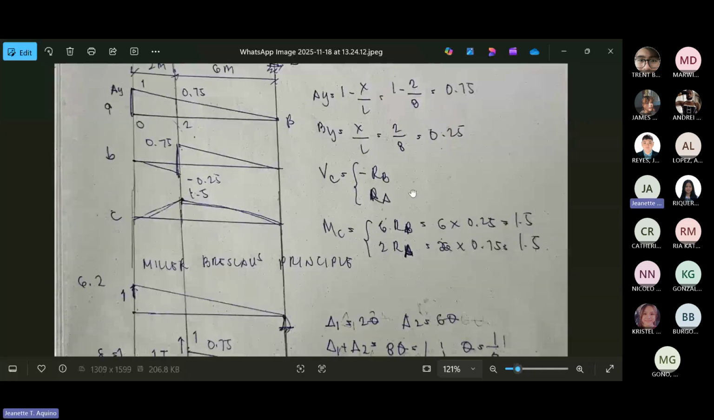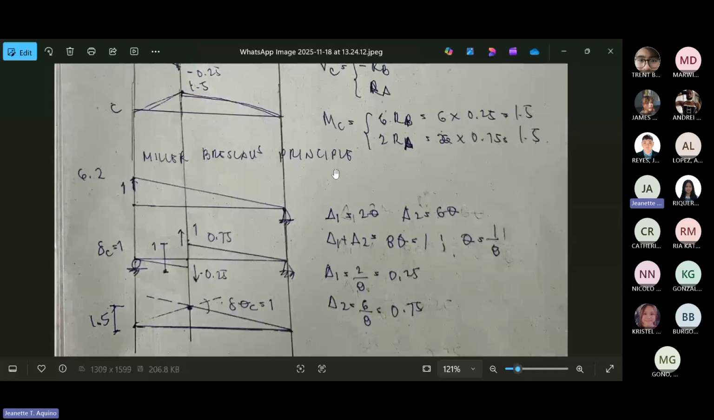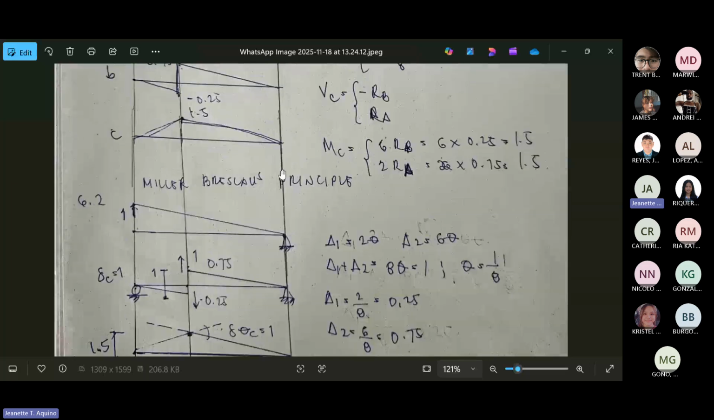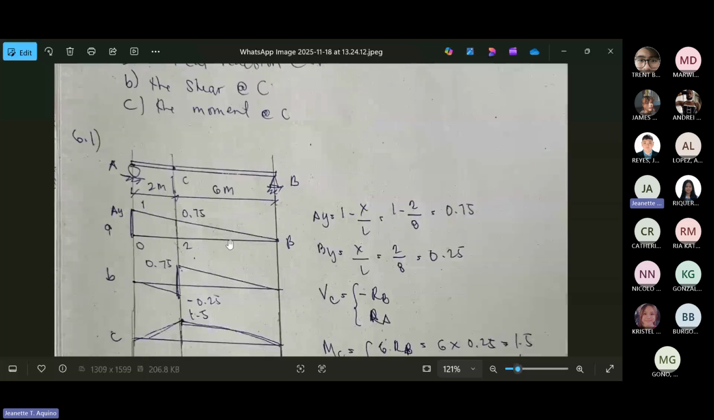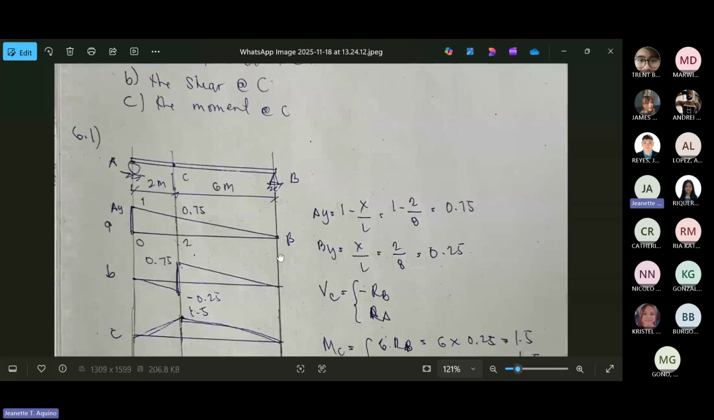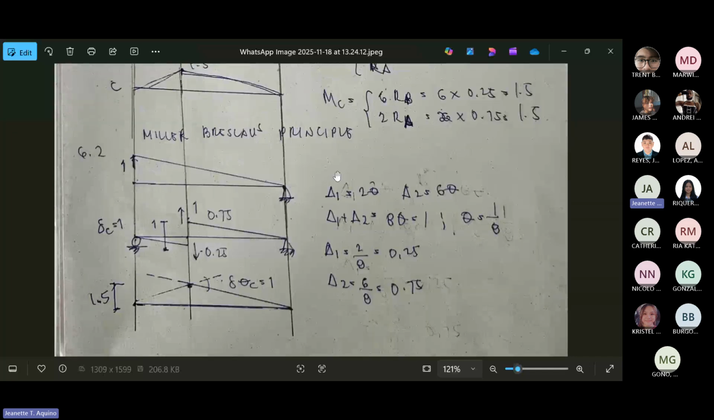Okay. Then let's resolve the same beam using the Muller-Breslau principle. So for the influence line for A, the first step is to remove the reaction at A and then move it by a unit force. So this will be the influence line. For the shear,